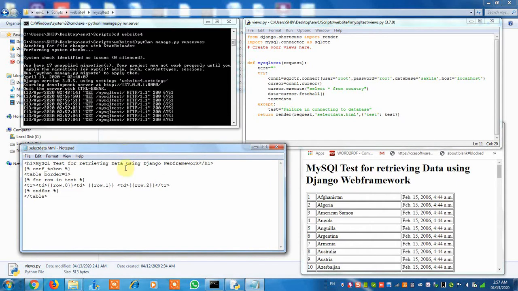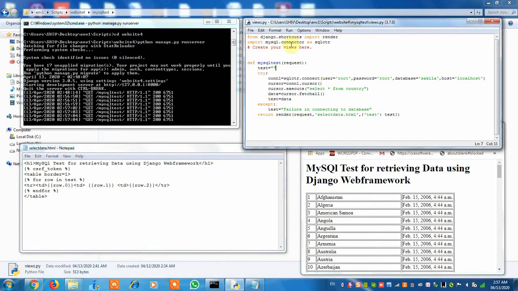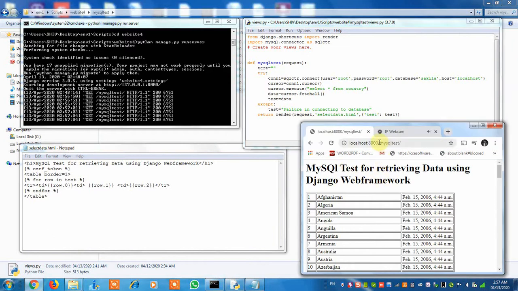Now see, in Django this file is called the templates file. Templates. Note this down in your copy; everything you have to note down in your copy. This is your templates file, and this is your views.py file. And here you can see mysql_test. This is the name of your app